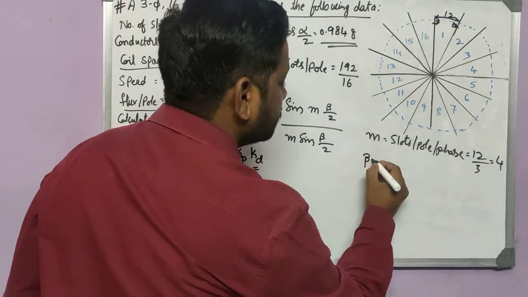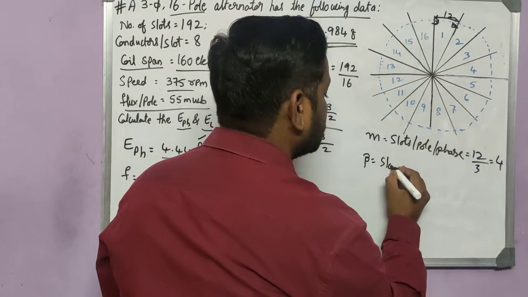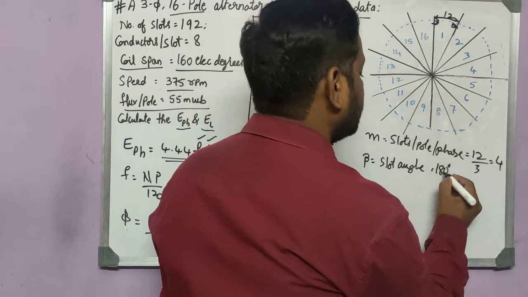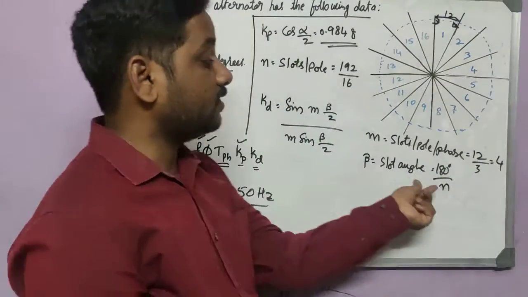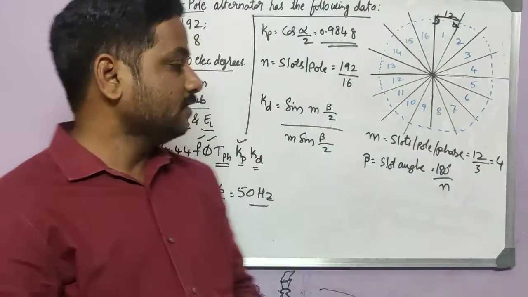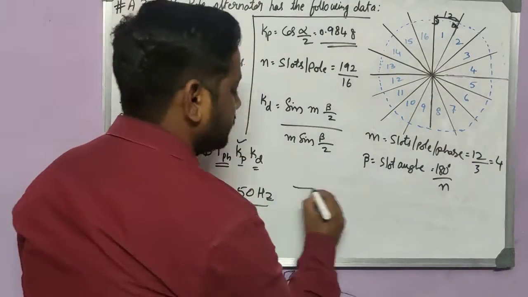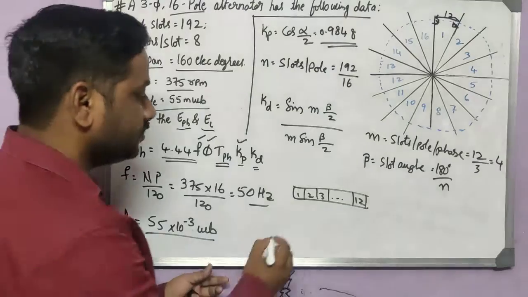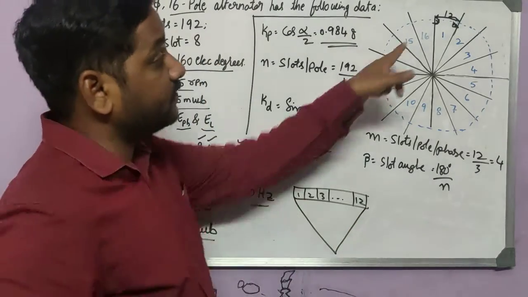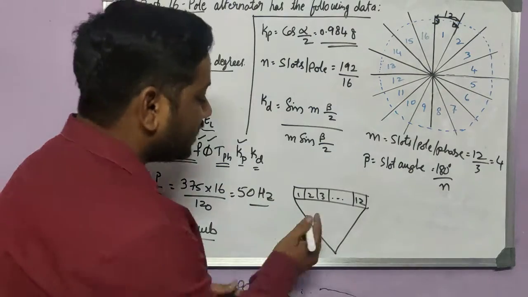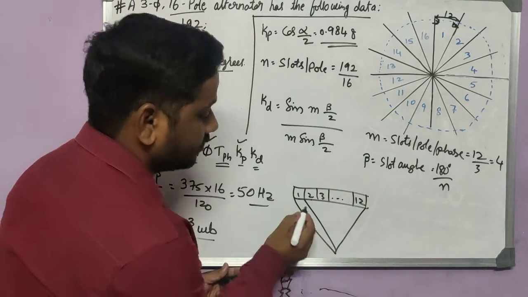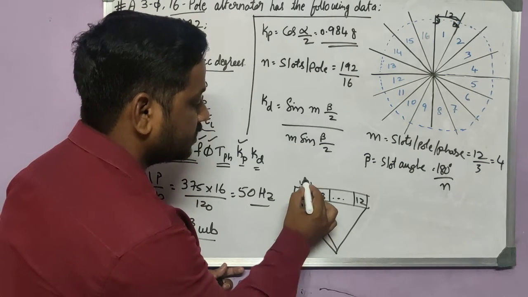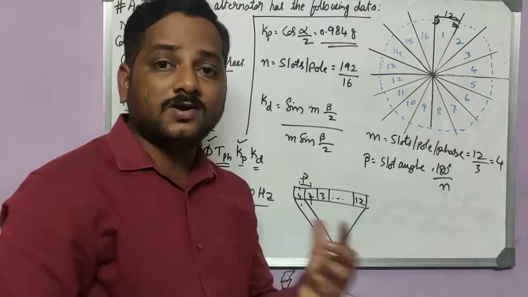Now let's see what beta is. Beta is nothing but the slot angle. Okay, we have a ready-made formula, that is 180 degree by n. That's the reason n has been written here. N is nothing but slots per pole. So for the slot angle, you can go back to the picture, 1, 2, 3 up to 12. In this first pole I have 12 slots, right? So what is the angle between one slot and another slot? The angle between this slot and this slot is termed as beta. That is called the slot angle, beta.